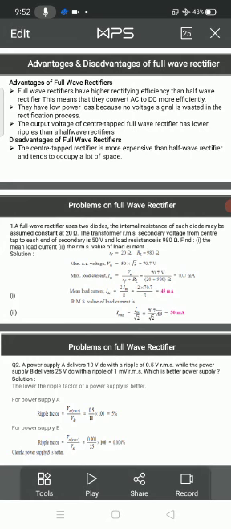Because it uses a center tap transformer and two diodes. In full wave rectifiers we are using 2 diodes or 4 diodes, so compared to the half wave rectifier, more diodes are used. Then the full wave rectifier is normally more expensive than